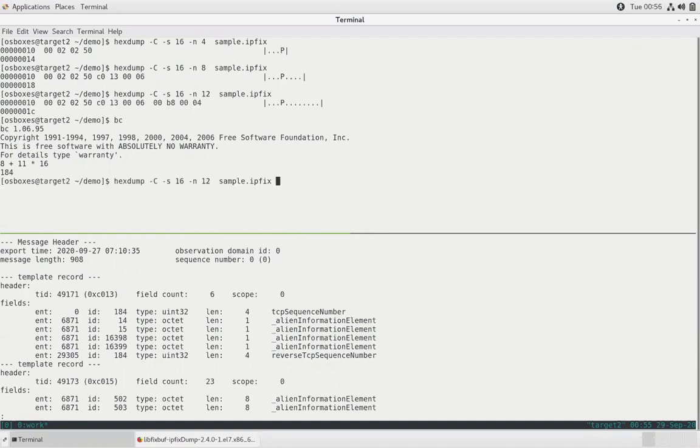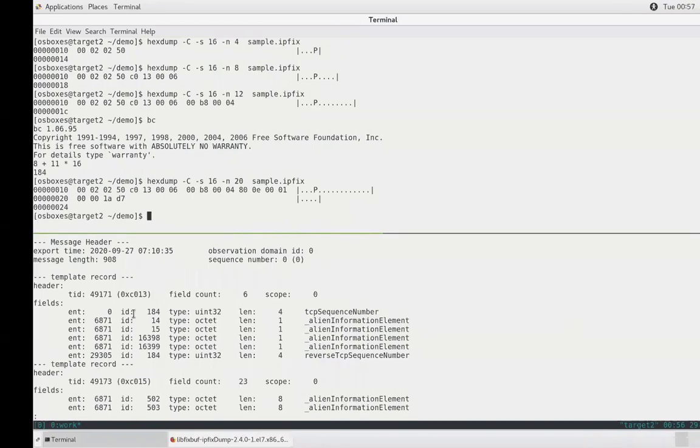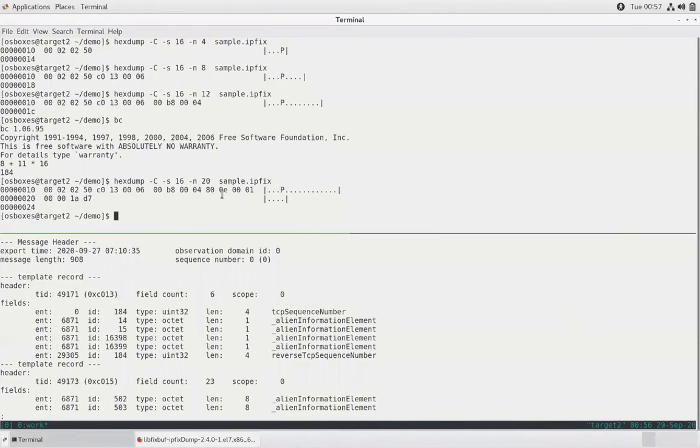So now we'll go to the next field in the template record. Now the first nibble is 8, which means that the first bit is 1. This 0E denotes the information element ID value, and E in hexadecimal is equal to 14.